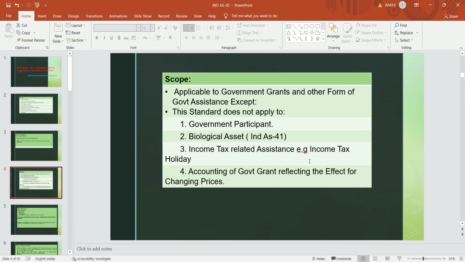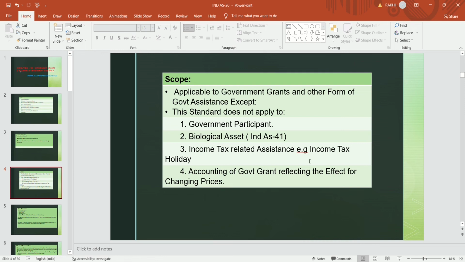The biological assets standard is related to Ind AS 41, which deals with biological assets. If the government gives any biological asset to any company, that is not a government assistance or a government grant. Income tax related assistance, for example, there is a